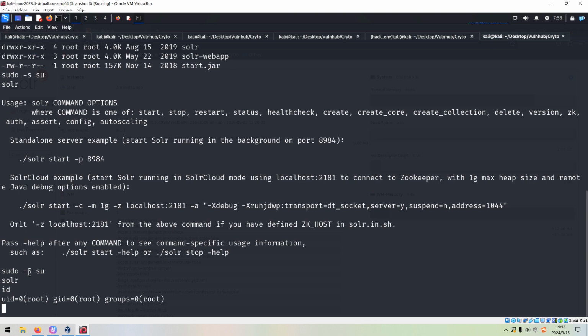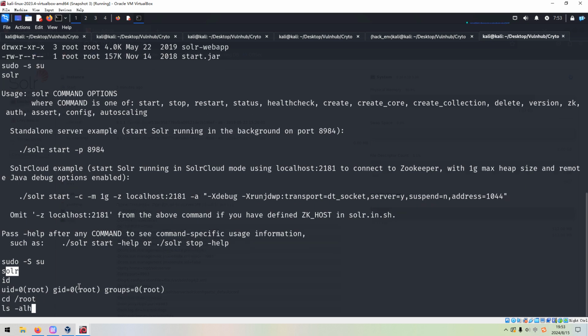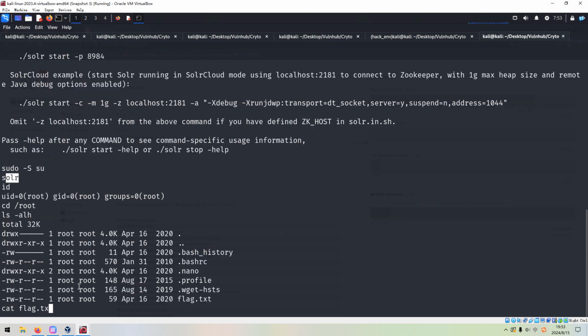And of course, the disadvantage of the -S option is that the password will be in clear text. However, anyway, we have already got access. As you can see, if we go to the root directory, you can get the root flag.